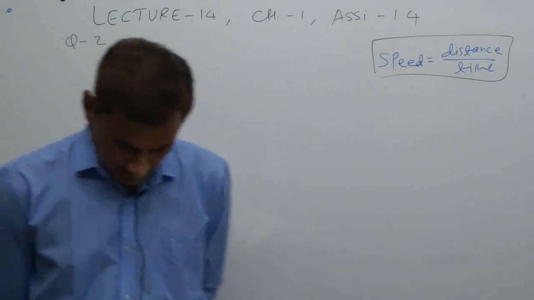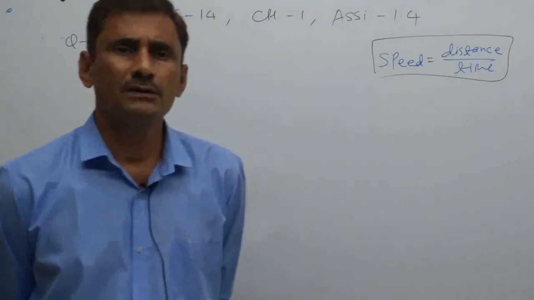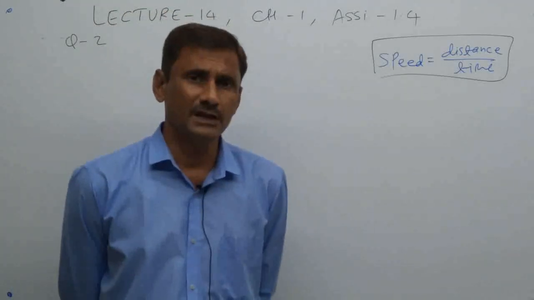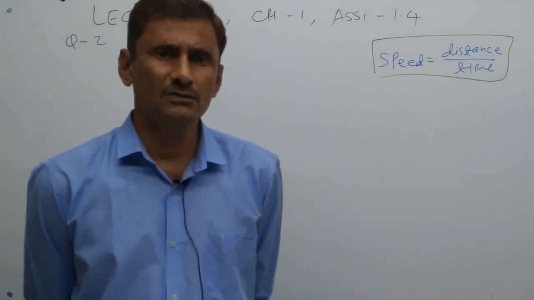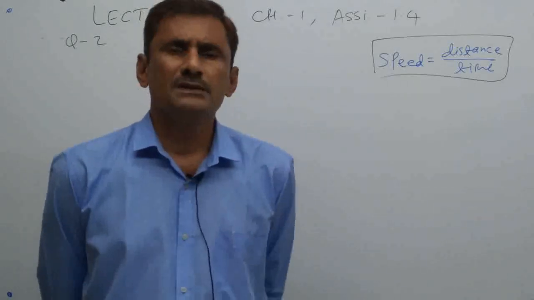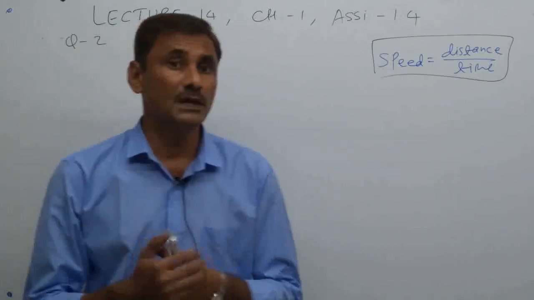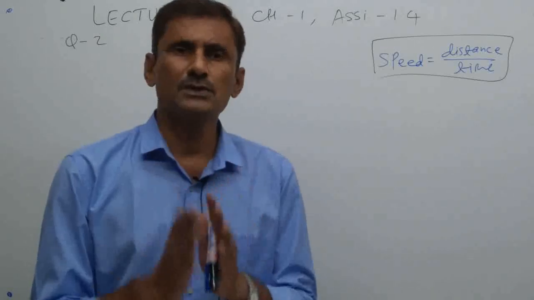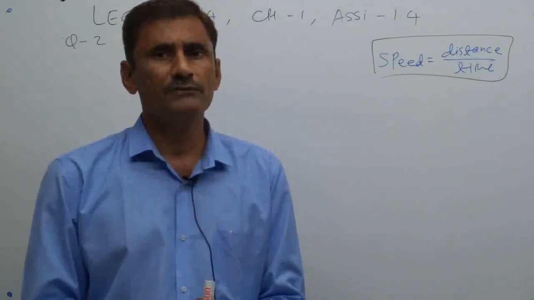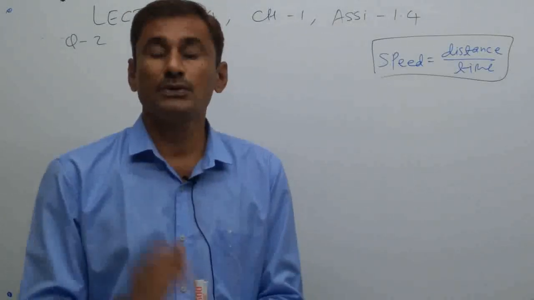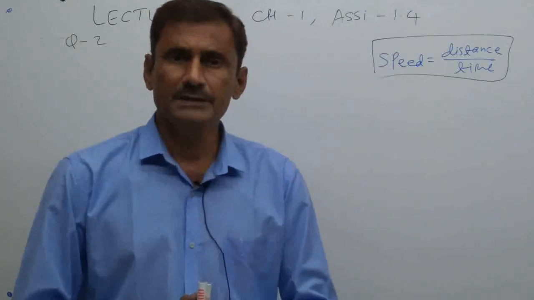Whatever speed we find, it is always average, because you know, if you are going anywhere, coming to school or going home, your scooter or cycle or whatever may not travel uniformly. Sometimes speed will be more, sometimes less. So whatever speed we mostly talk about in day to day language or day to day life, it is always average speed, not instant speed. Okay, so don't get confused by average speed. Speed is mostly average.